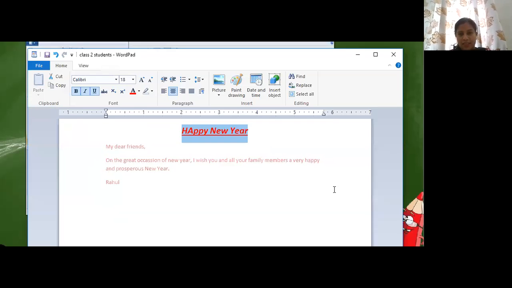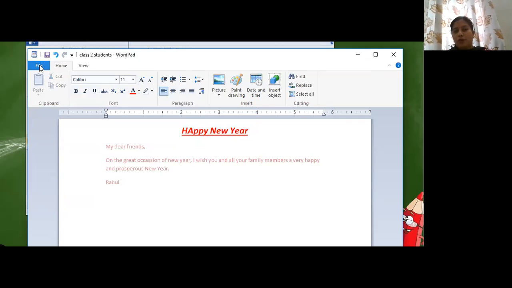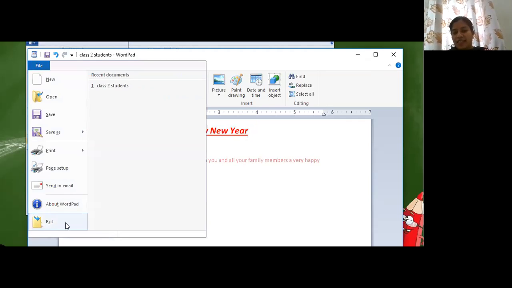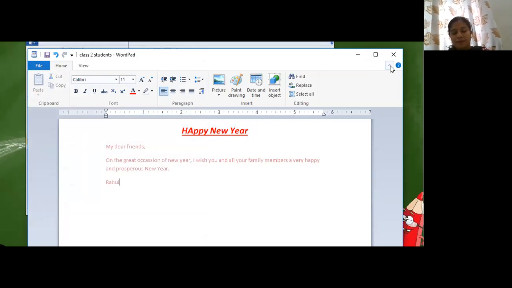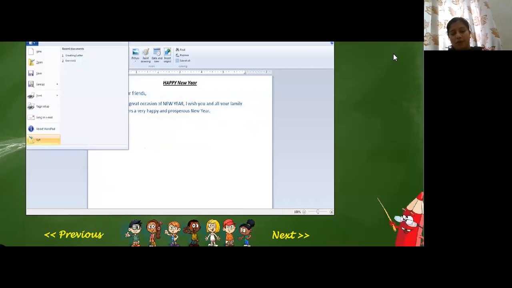Okay. So this is our file. Children, there are two ways by which we can close it. One, can you see here on the right side, top corner where my cursor is, the red button? You can close it from this button. The second option is to go to File, then this exit option, as I told you. So with this, I can close it. Let me try both ways. I'll just close it. See, it went off.